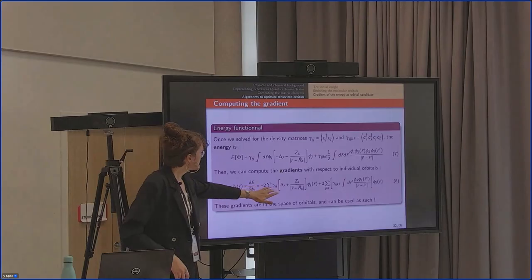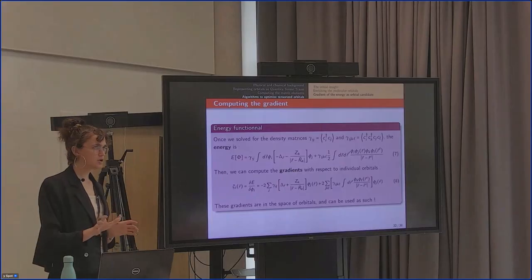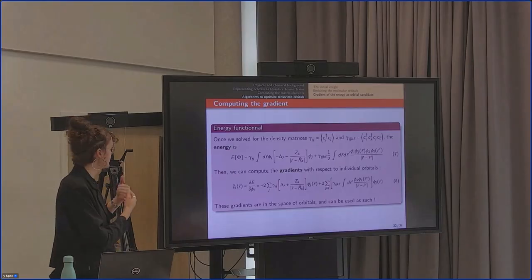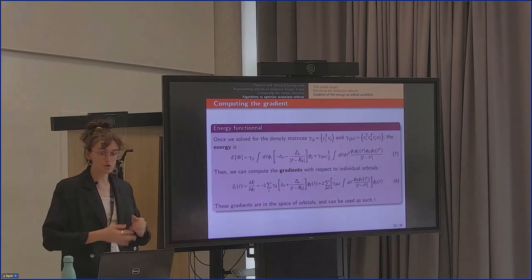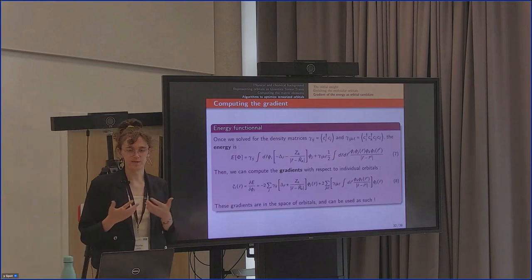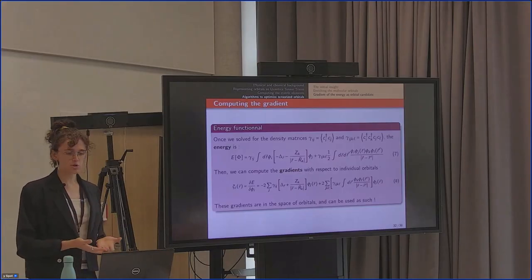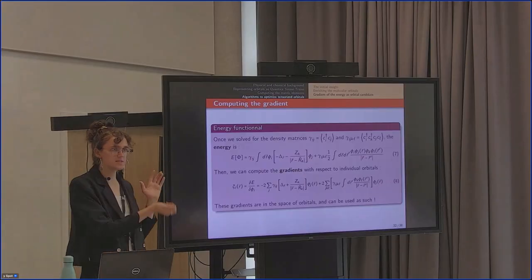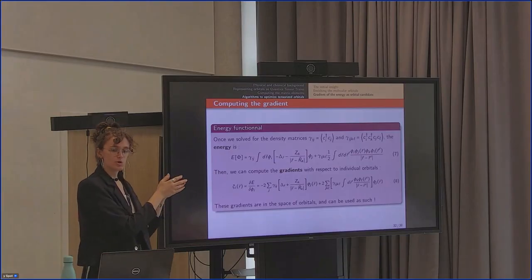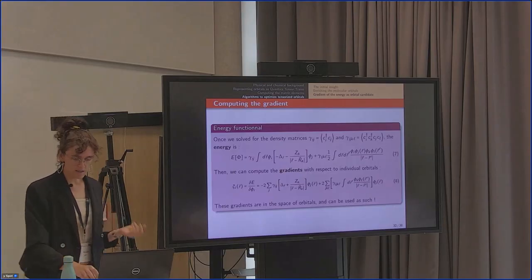This formula looks a bit nasty, but still we can compute it with QTT methods. And instead of doing the line search and struggling with the step, what we do is simply feed these gradients into the enrichment algorithm as orbitals. What's good with these gradients is that they are actually in the orbital space. As we sweep over the basis set, we take the gradient with respect to the first orbital, give it to the algorithm, gradient with respect to the second orbital, give it to the algorithm, etc. We do a bunch of sweeps on the basis set, and this is what we get.